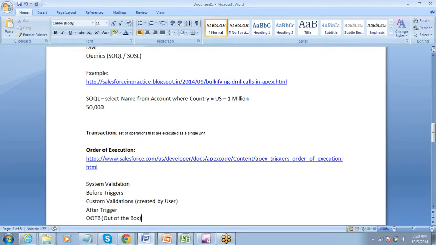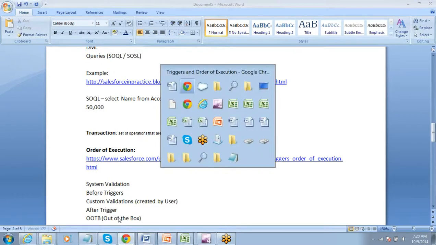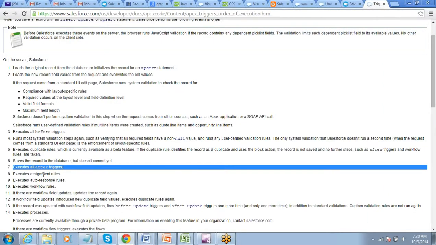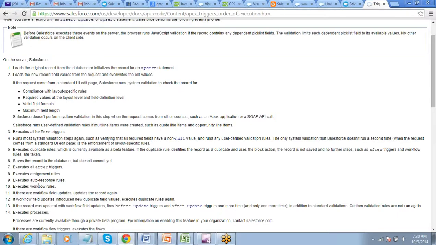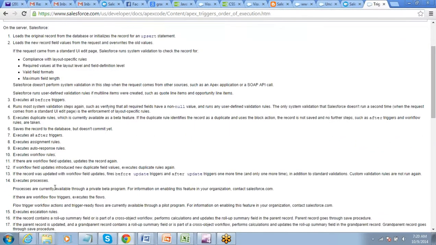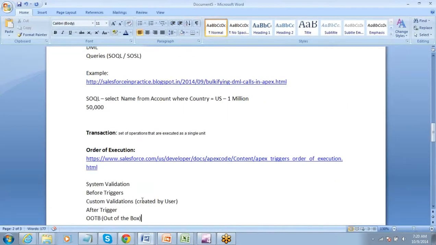So all the out of the box business logics you have defined, which will include things like assignment rule, auto response rule, workflow rule. All these things will get executed. Fine. Now, OOTB will include things like assignment rule. You just need to remember it in this sequence: 1, 2, 3, 4, 5.